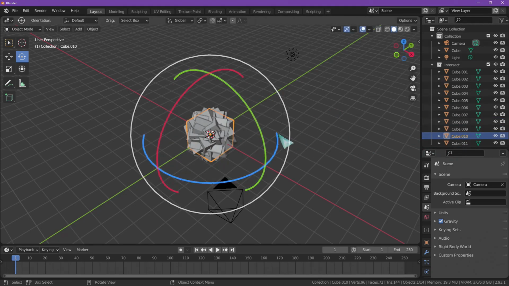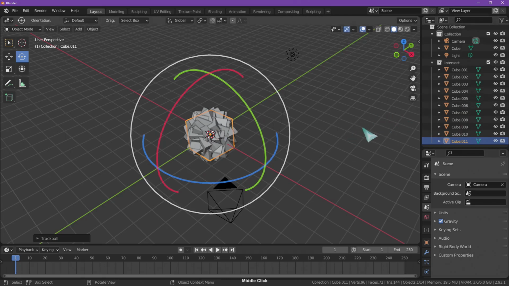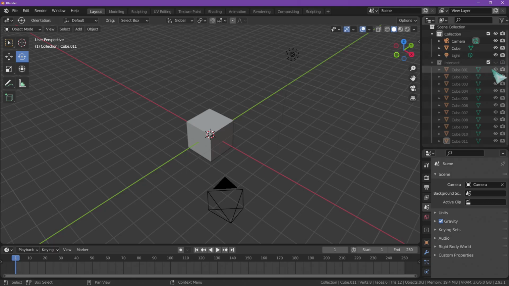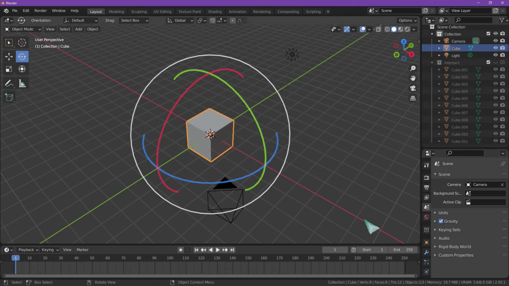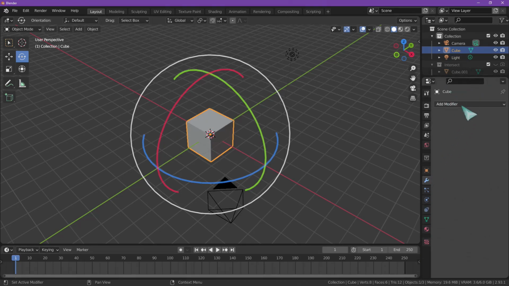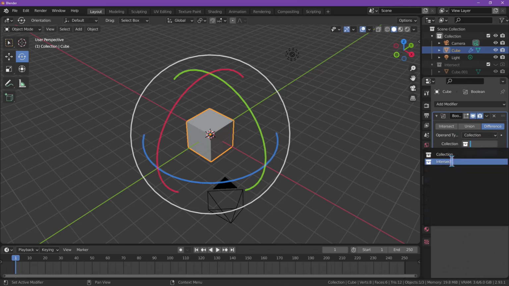So how many more? Okay, that was it. So now I can collapse this collection, select the original cube, go into the modifiers, add the Boolean modifier, operand type collection, intersect. That's the collection,